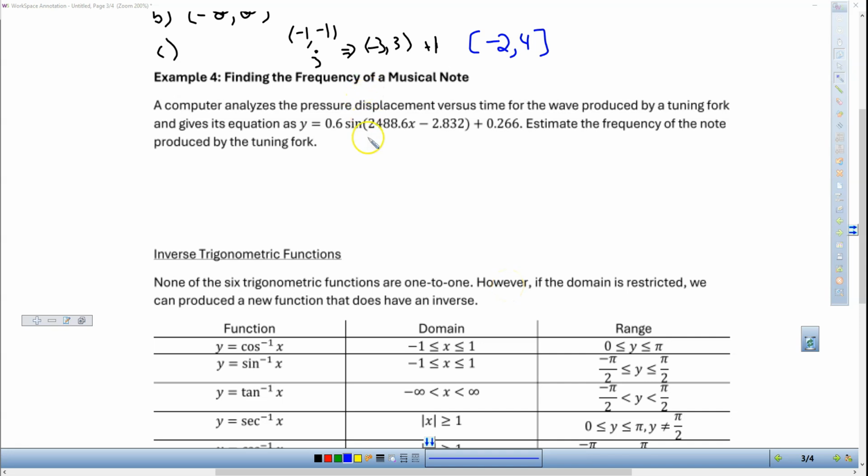Now, again, this is going to go back to using that standard form that we are expecting. In here we can rewrite this equation, but remember when we do this, we're a lot of times just pulling out this piece right here. And when we look at this, it's effectively saying, what is the period of this? Well, period, if you remember, is 2 pi over b. That's going to give us a good starting point here, because now we can pull in this b value. So this is going to turn into 2 pi divided by